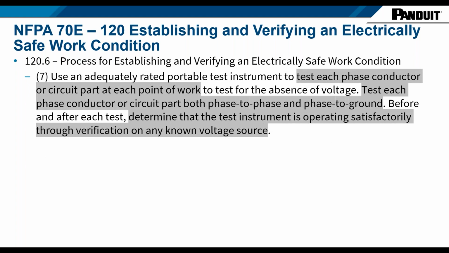This is the one that is probably the most known in 120.6, right? This is to use an adequately rated portable test instrument to test phase conductors or circuit parts at each point of work, and then test each phase conductor, both phase to phase and phase to ground, and then determine that the test instrument is operating satisfactorily. So this is kind of a duplication of 110.6E, which is the operation verification step, but just to double down on that, you've got to make sure that the test instrument is operating satisfactorily on a known voltage source